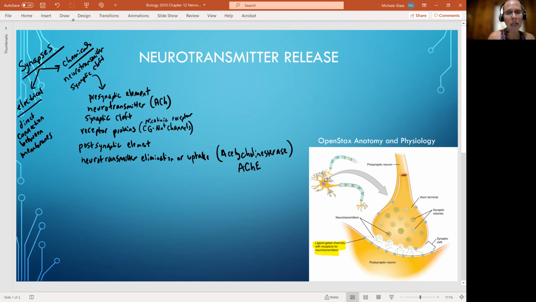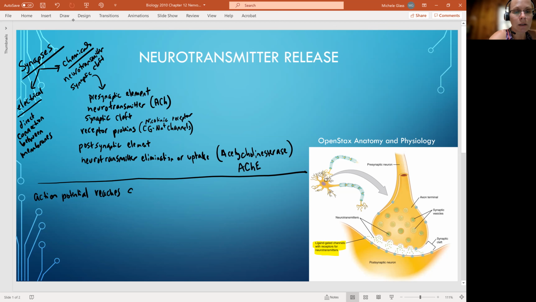We can see located on the postsynaptic neuron, those ligand-gated channels are what we can call chemically gated sodium channels. There's just a couple of details that we haven't really put into our conversation that we need to add now. I think I have enough room just to build that in down here. So what we're going to see is some of the story we already know. Let's start with the action potential